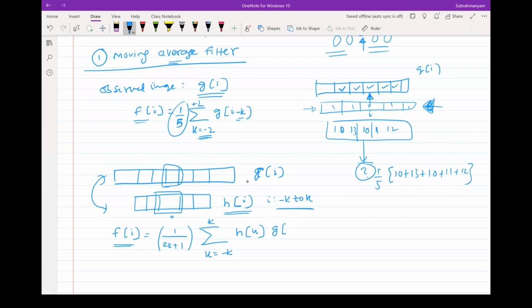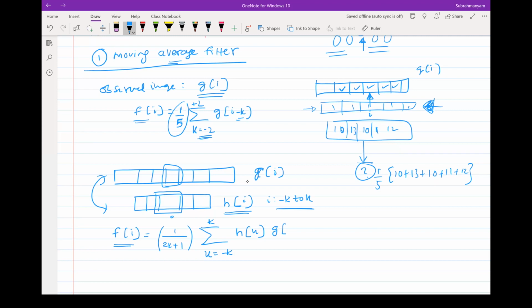Why that negative sign here? Can you not get rid of that negative sign? There is some issue there. All I am doing here is just multiplying the corresponding elements. Why do we need a minus there? It can be I plus u also. Can it be minus? That's the question. As u is varying from minus k to k, it can be plus or minus. Just tell me in the way I'm doing here.